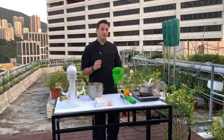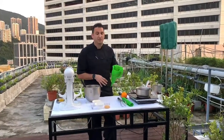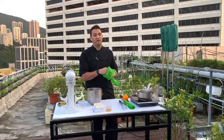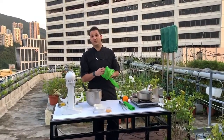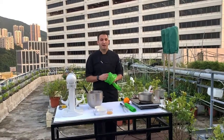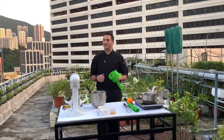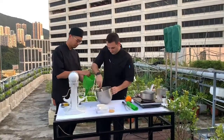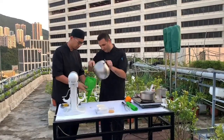The next stage, before piping the mousse into the bowl, you actually need to transfer it into your piping bag. If you have somebody at home with you, then this is the perfect opportunity to ask them to give you a hand. So I will be asking my glamorous assistant Hugo if I can borrow his hands, please. Then you just take the mousse,